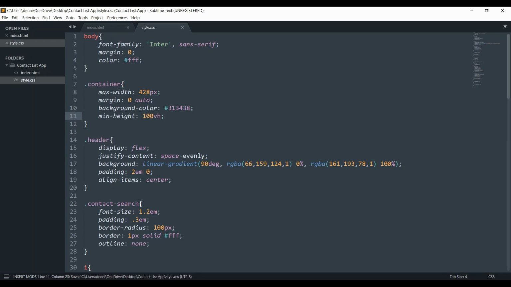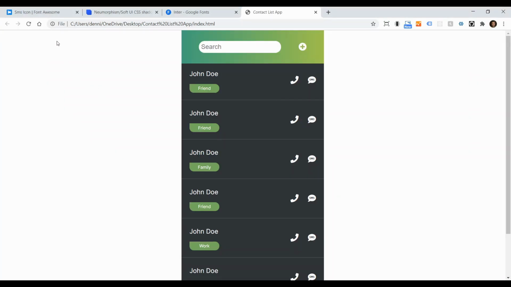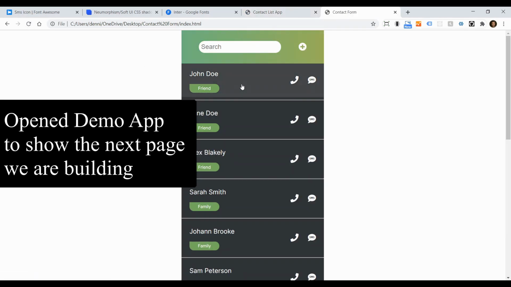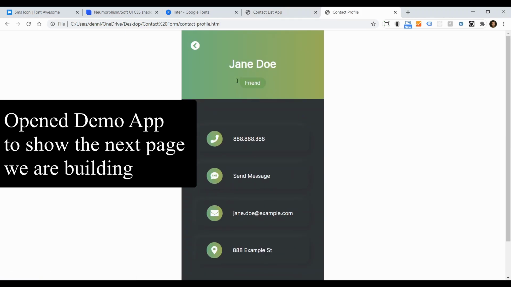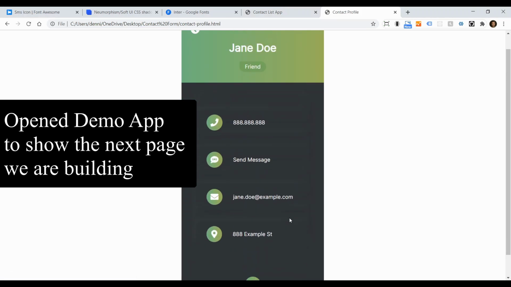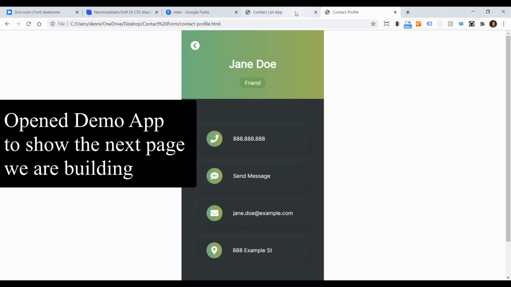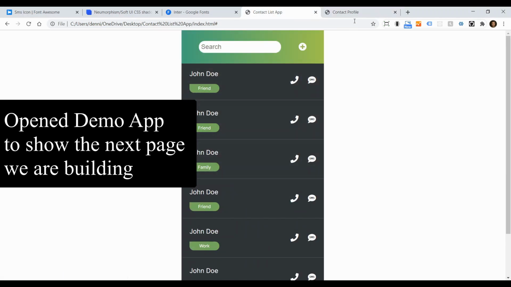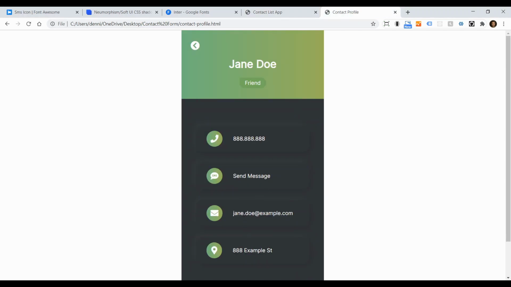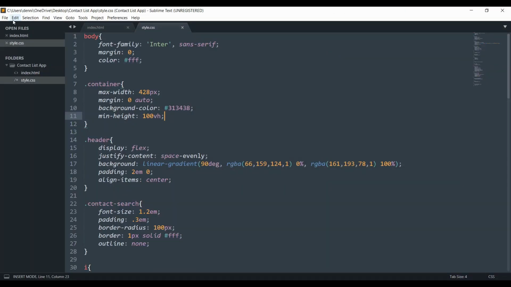Okay, now let's look at it. Okay, cool, so there we go. So the next page is going to be that when we click on this, it will lead us to a contact profile. So let's work on that right now, and then we will link it to these buttons here so that it can work. Okay, so let's create a new file,